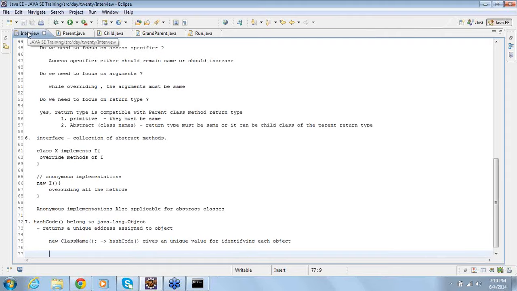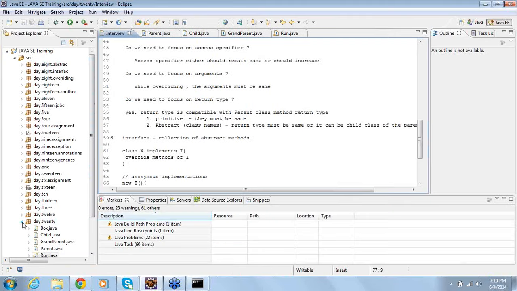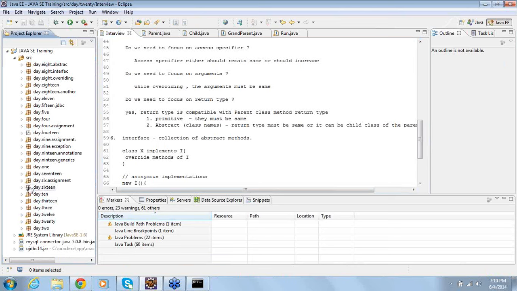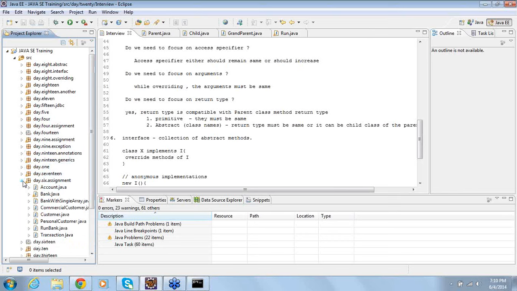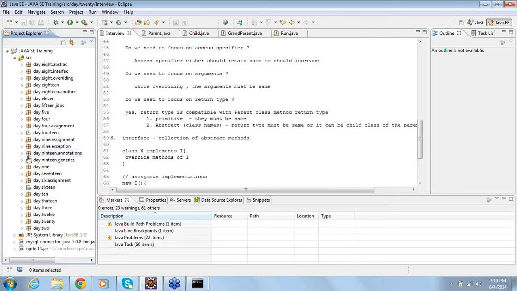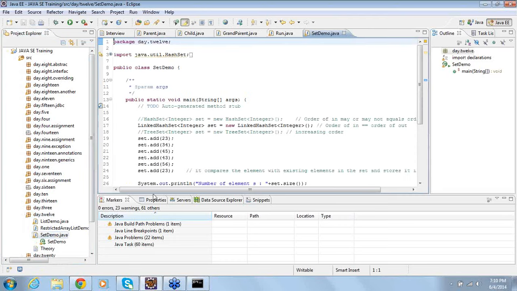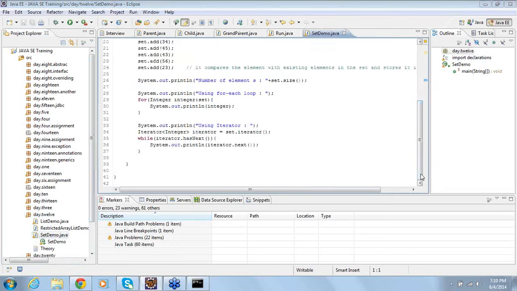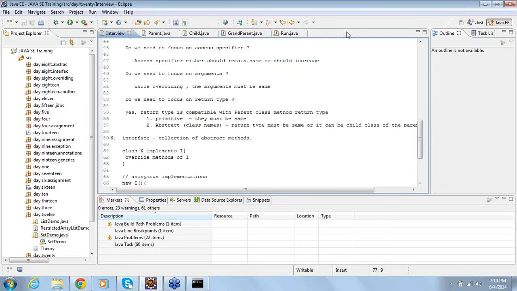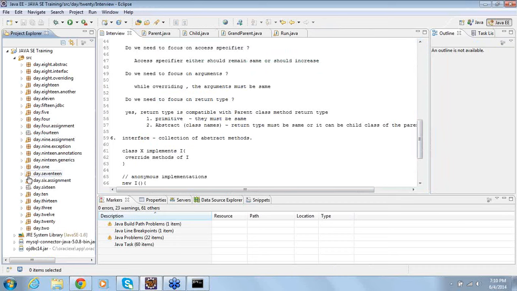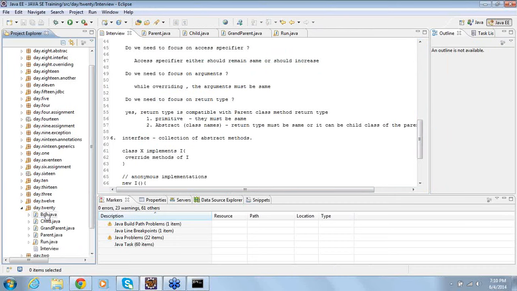Now, I'll tell you the significance of this. If we go back to the collection framework, yeah, here we go, Set demo on day 12, or I think I can also do it here. What is today's class? It's day 20.